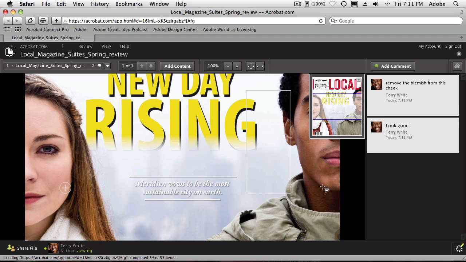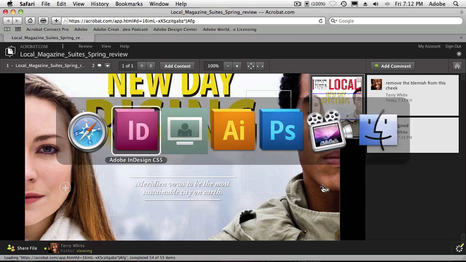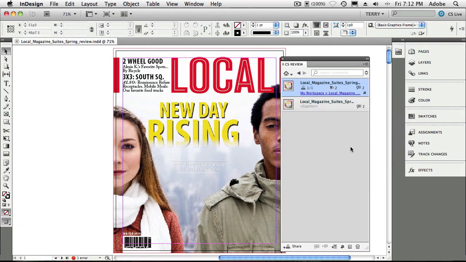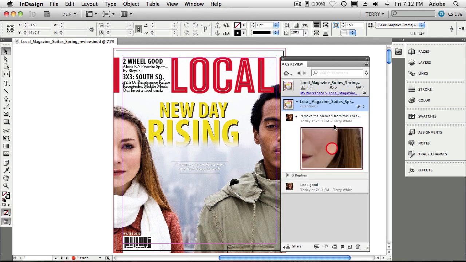Now, how is this different than sending them a PDF where they would go in with Acrobat and mark it up the same way? Well, here's the big difference in CS Review over all the other methods we talked about. Let's go back to InDesign for a moment. In InDesign, what's happened in the background is it's already been keeping track of those comments that have been made to this review. So I can go ahead and click on those comments, and look, the person doing the layout work in InDesign will not only be able to, in real time, see what's going on the web, but they'll